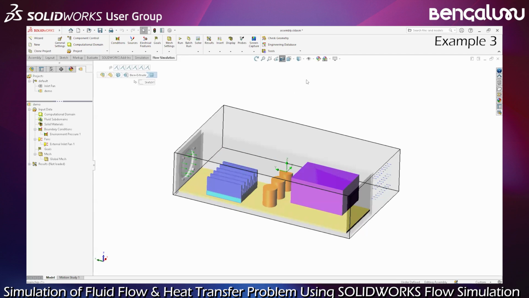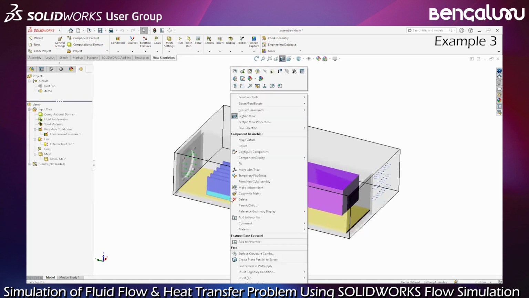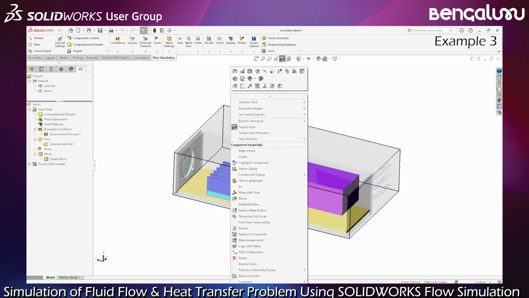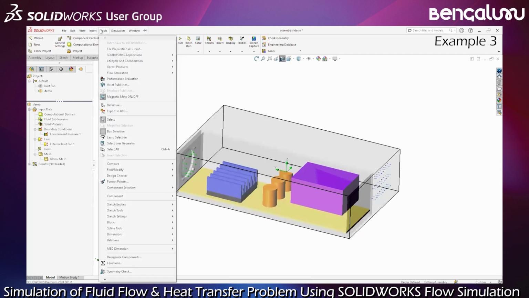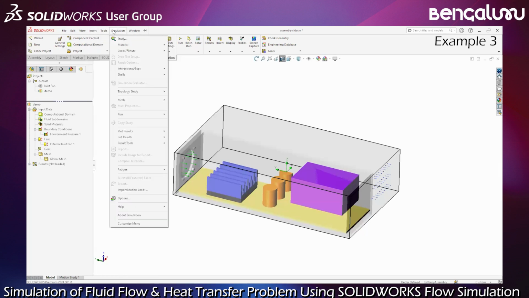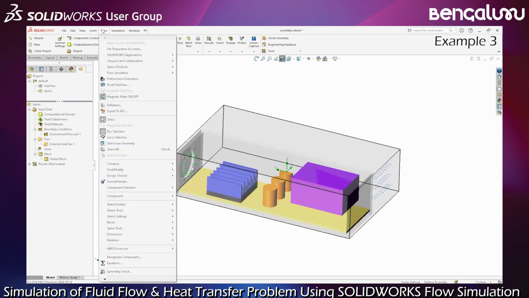And if I'm not able to find the right condition from the list, again, I go to flow simulation, insert,